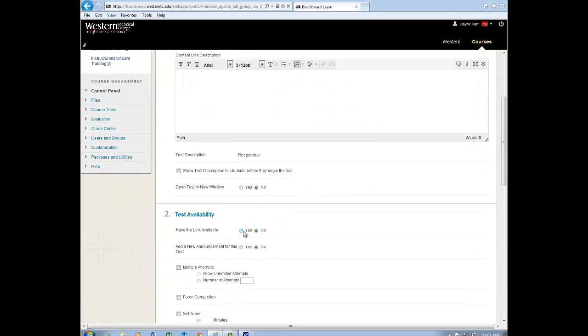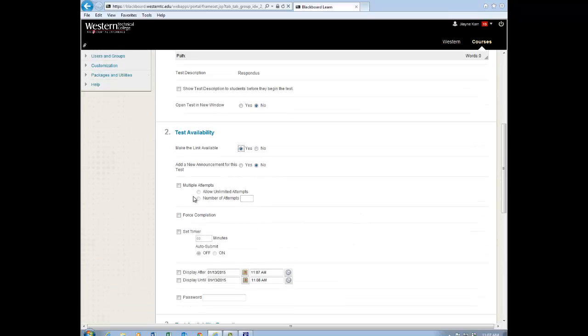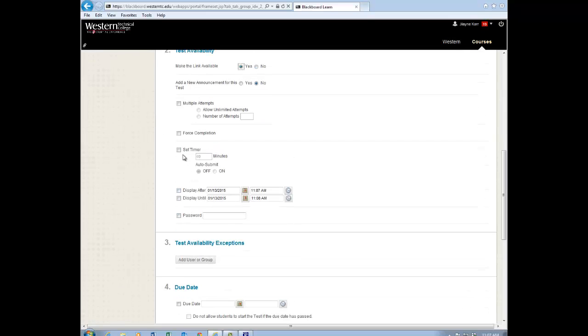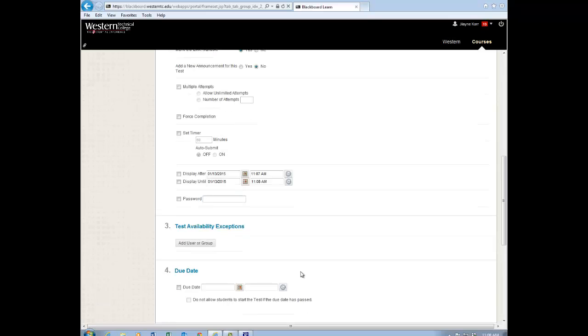I can decide if I want to allow them to attempt it multiple times until they get a good grade, or I can force them to complete it all in one sitting. I can set a timer on this test, make them complete it within a certain amount of time. I can choose when it's going to display, when it's going to expire, or I can require a password for them to enter the exam,